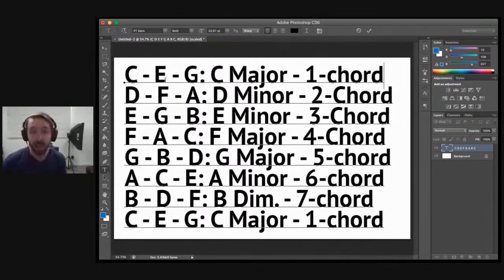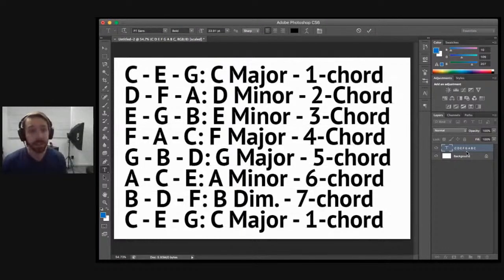And by the way, if you want to get really into things, you could figure out that every chord within the major key has a scale attached to it, or a mode. We're not going to get super into the modes today. We can if you've got specific questions about them.